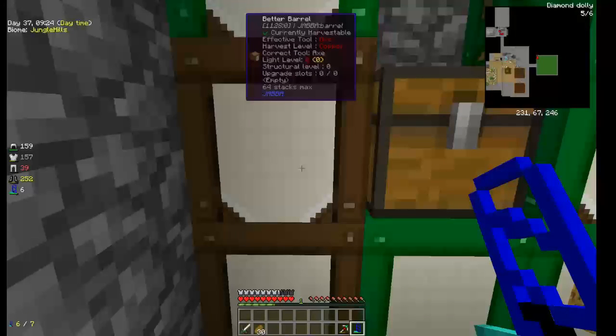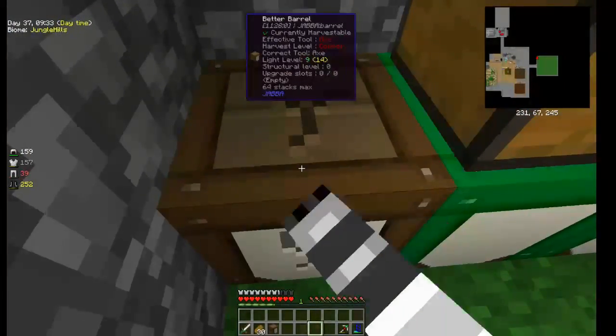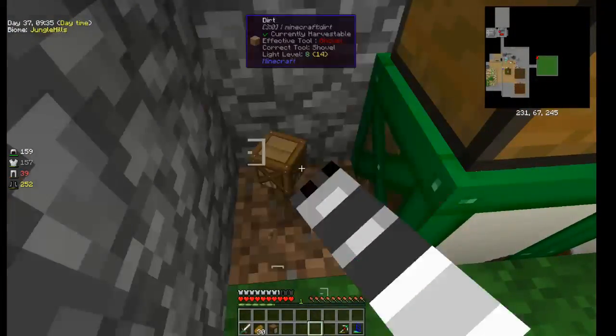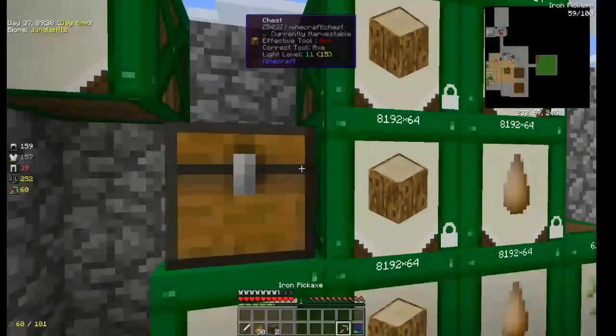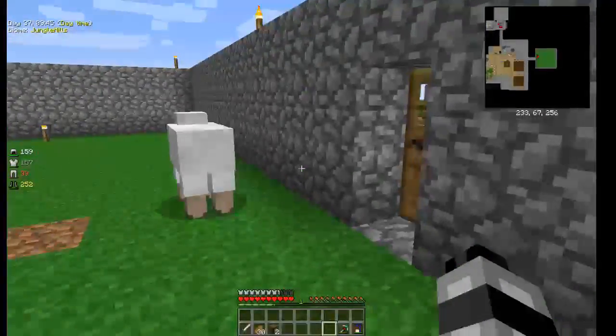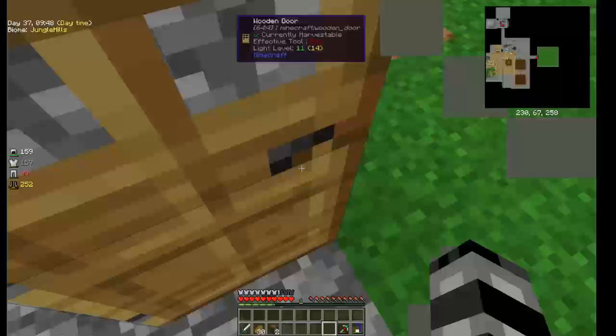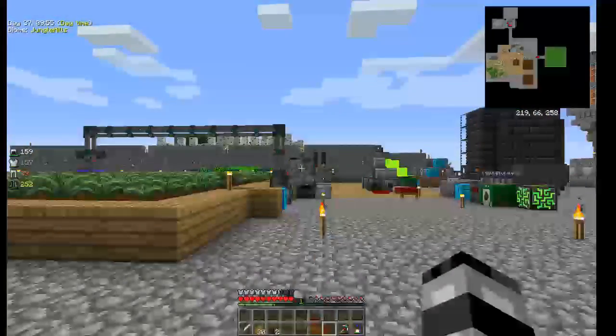This one isn't, so I'll just break it. Grab it. Now, the diamond dolly cart, you can pick up spawners with it. That's how I moved that blaze spawner over into that thing. So that way it would be real simple, real easy. I'd be able to get...